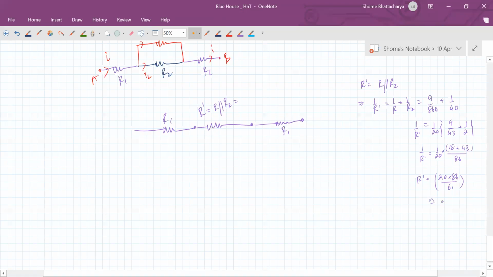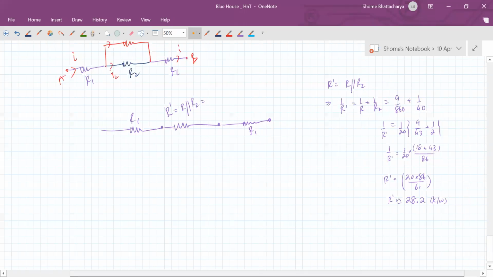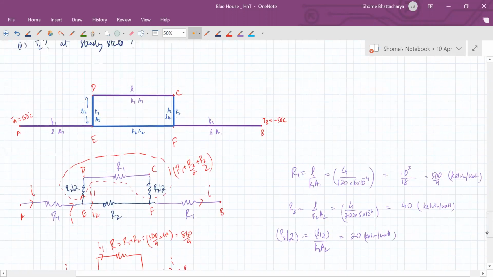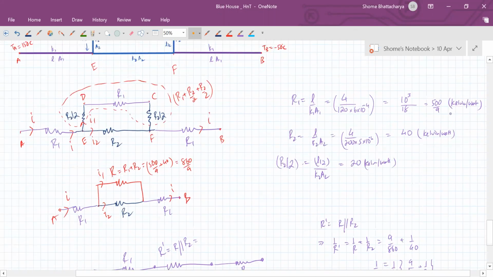This will be about 28.2 Kelvin per watt. This R prime will be. Similarly, this will be,